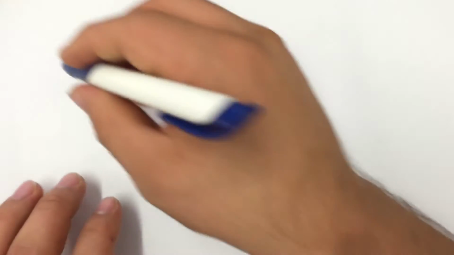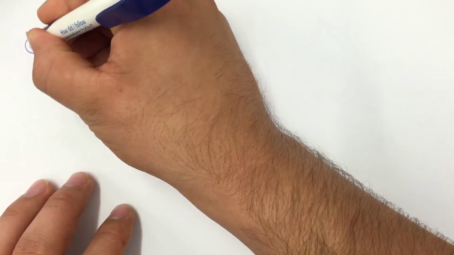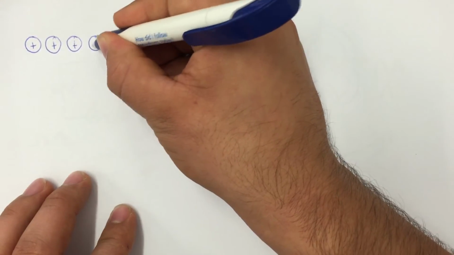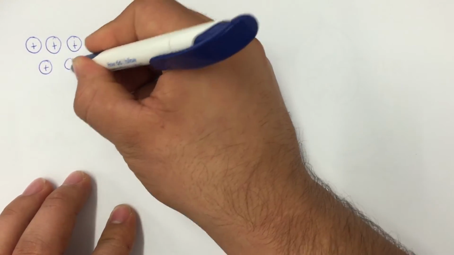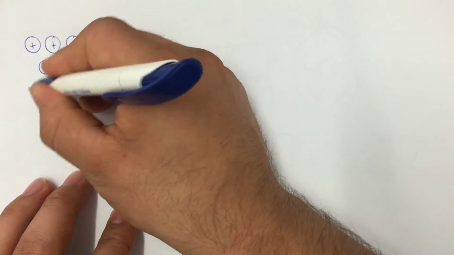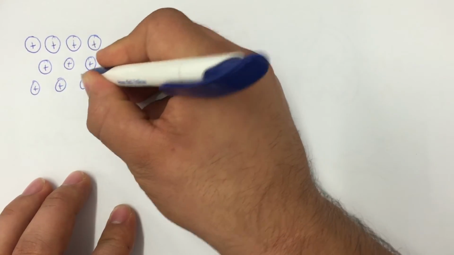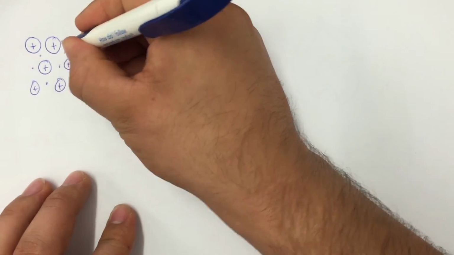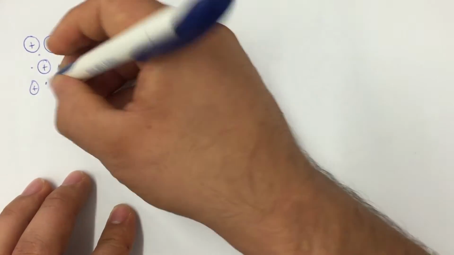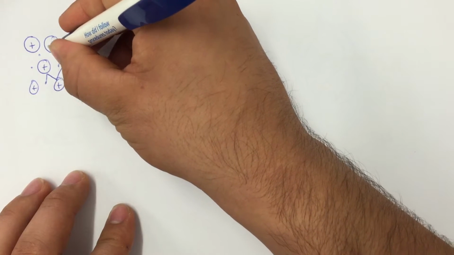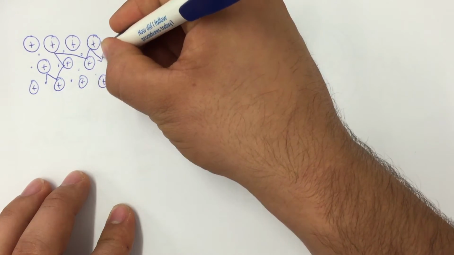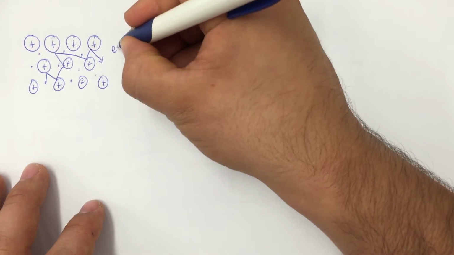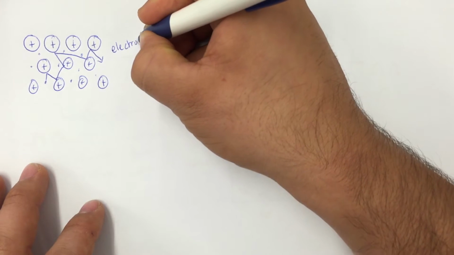So to remind you of what we've done previously, we've had this idea that the structure of a metal is a lattice of positive metal ions and a sea of delocalized electrons that we've said are free to flow through the circuit. Okay, and we said that crucially the electrons wouldn't just travel through really nicely,